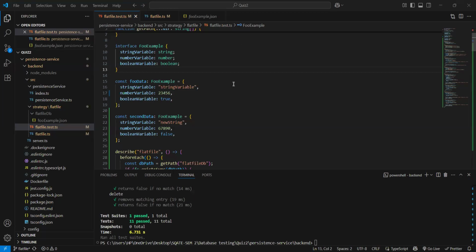Hello everyone, my name is Shrija Allah and in this video I'm going to explain my flat file persistent service project for Quiz2. This project simulates a basic database system using simple .json files instead of a real database. It performs operations like create, insert, update, delete and drop, and each of these is tested with proper